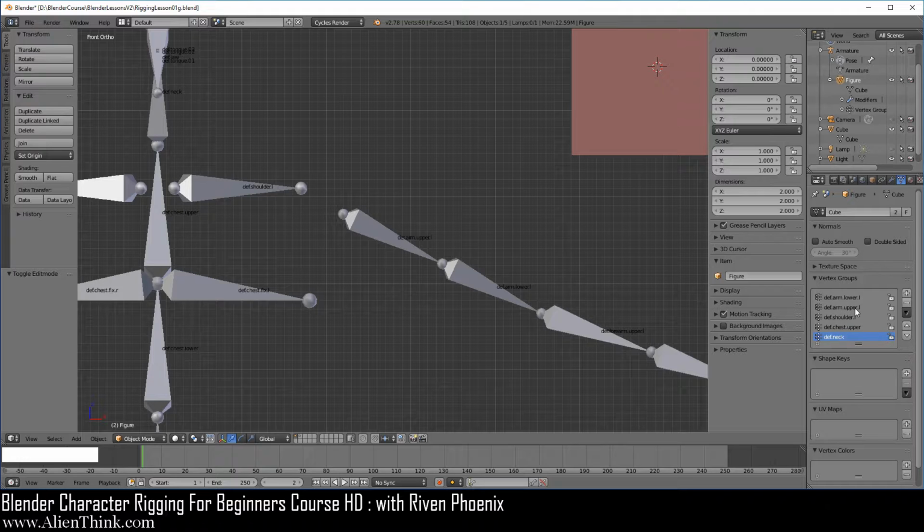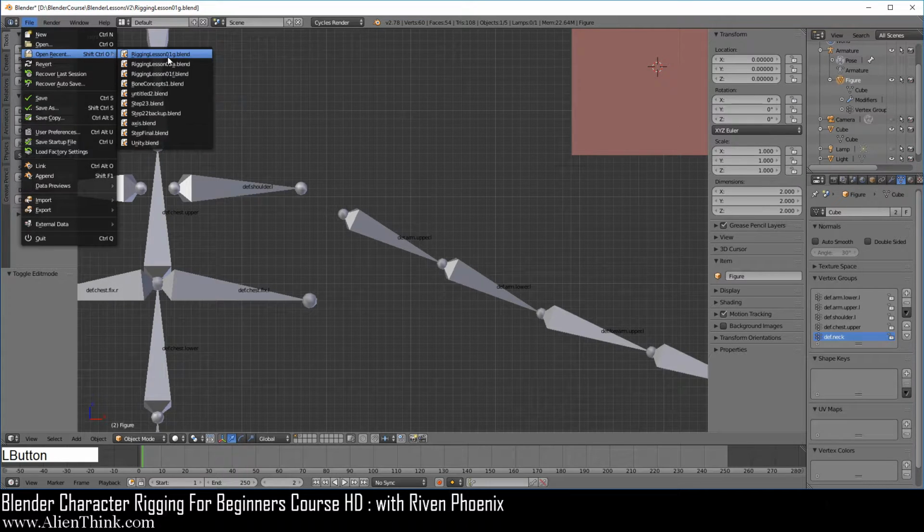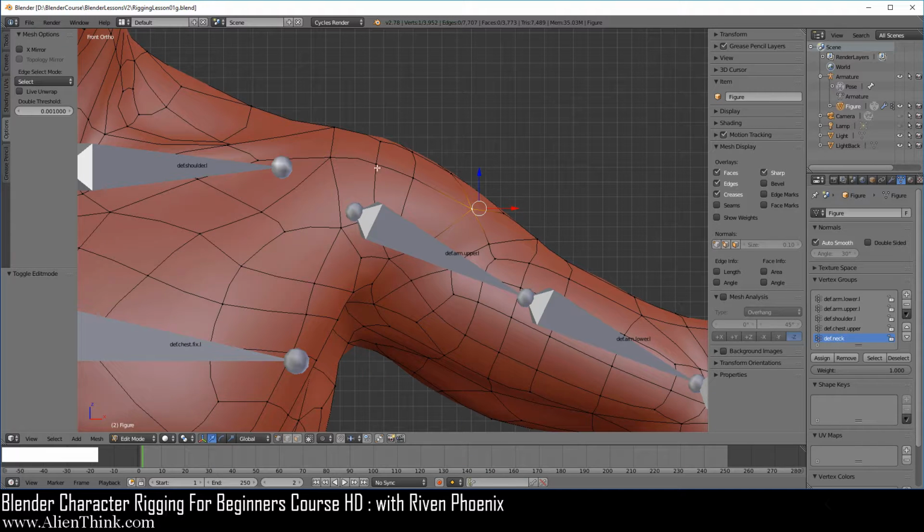Now, as to the reason why it does this, it actually has to do with linked objects, because linked objects will obviously share the same type of vertex groups, but Blender gives you the ability to name the vertex groups differently between linked objects. This is why it does it this way. Okay, so I just want you to be aware of this concept. Go ahead and go back and just reload the file. Anyways, so now you understand what's going on over here.